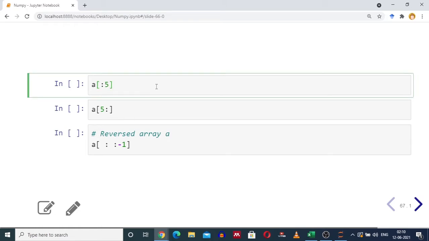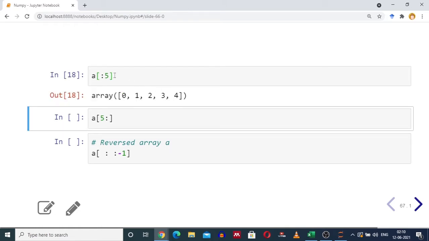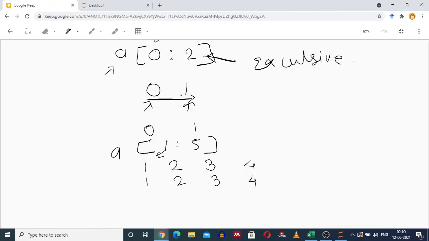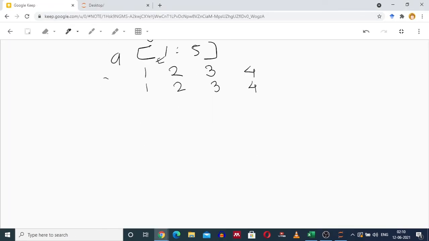This was slicing for a one-dimensional numpy array. When you write :5, it means you take all the elements starting from index 0 till 5 minus 1, which is 4. So 0, 1, 2, 3, 4. When you are writing A[:5], nothing is specified at the first index, which means we start with 0.